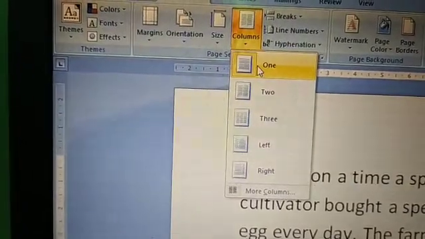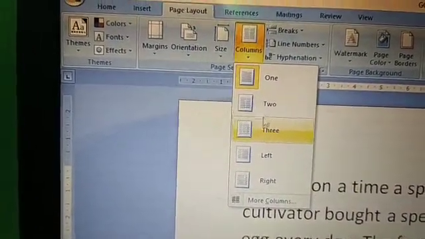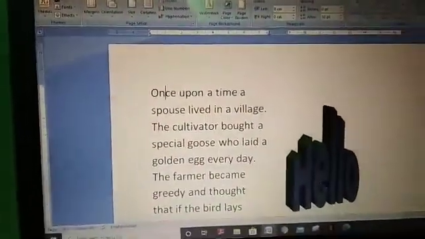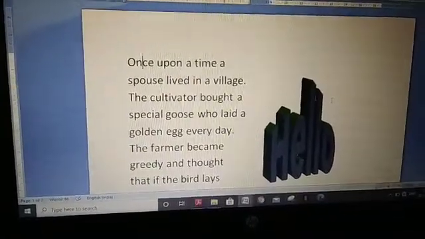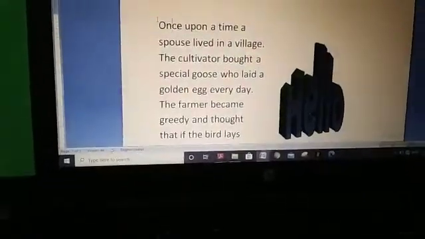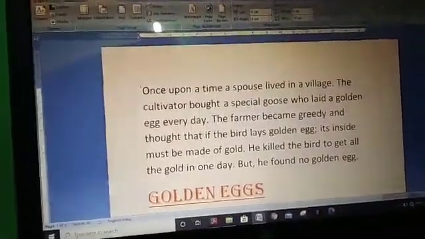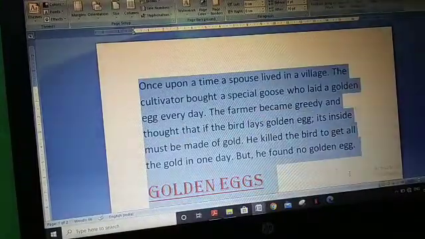By default we get 1, then 2, 3. Suppose I clicked on 2. Control Z. What we have to do first is select the text.